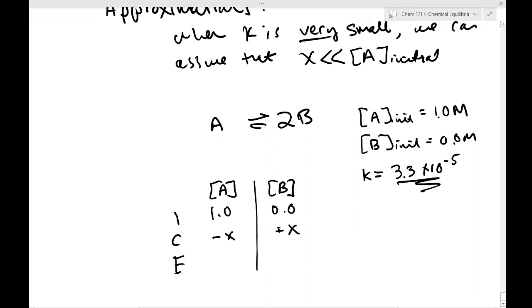Now remember, the equilibrium constant tells us how much the reaction goes towards the